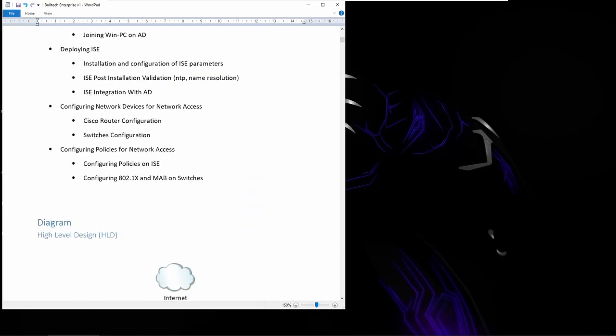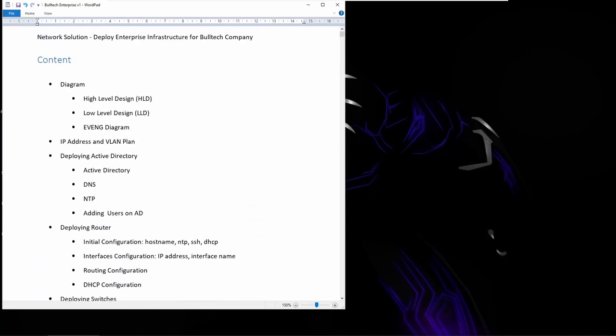For instance, as you can see here in the content for deploying the Active Directory, each of these bullets is going to be a task to be performed. I'm going to share this document with you at the end of the videos. At each bullet point, this is a service that you have to enable and configure, and you should have already planned these